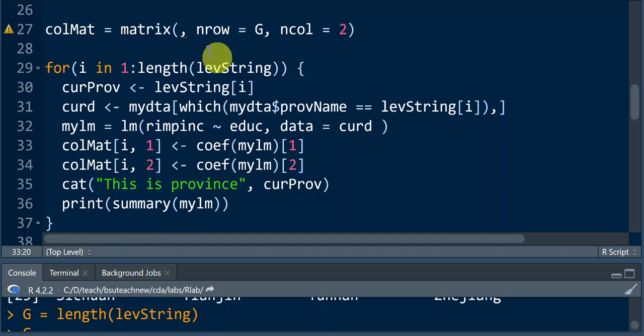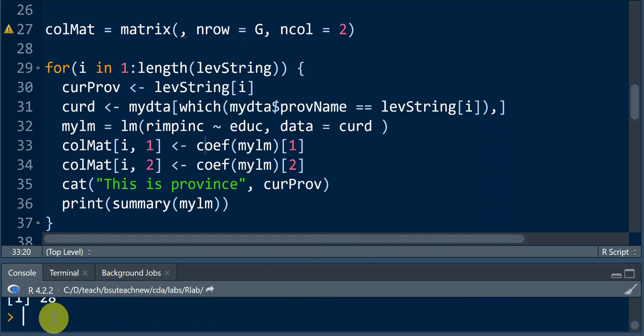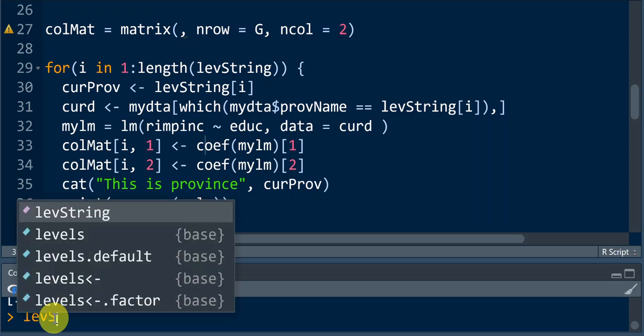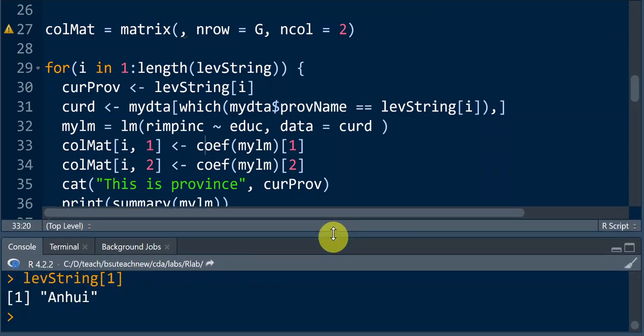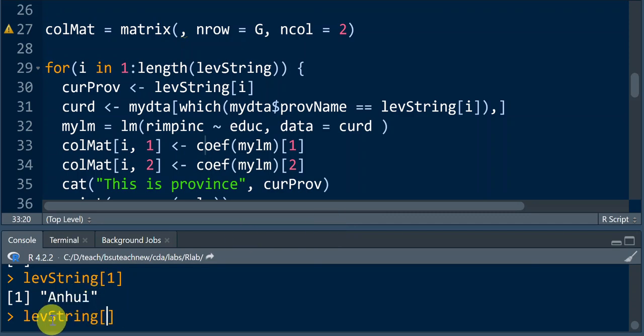The second is 2. So the left string 1 in the first iteration is what? It is equal to curr prov, that is, current province. So what is left string I? Well, it varies, right? But let's see what it could be equal to. Left string 1 is equal to Anhui, right? What about left string 2, if you recall? String 2 is Beijing. So it varies, right? Then also, the second line here is that